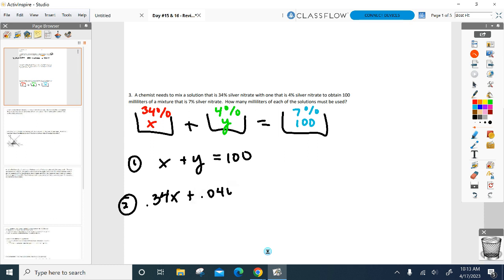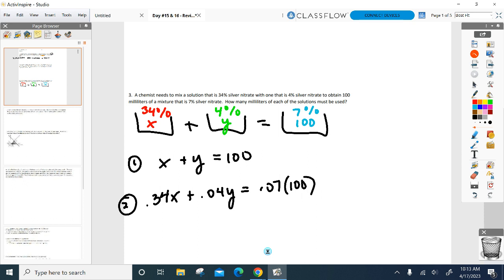0.04 times the Y. And this has been driving me nuts, this unit. You guys do awesome on the left side, but then you totally forget on the right side what you've been doing. I did the percent times how much I have. Percent times how much I have. Keep that going. Percent times